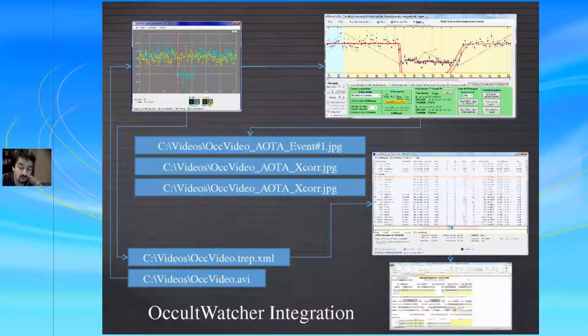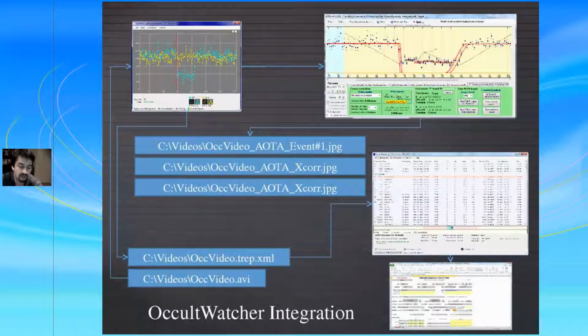So finally, when the user is satisfied that the times are correct, when they say OK and exit with the selected event times, then Tangra will save a small XML file in the same place where your AVI or your other video file is, which will include all the timing information extracted by AOTA.